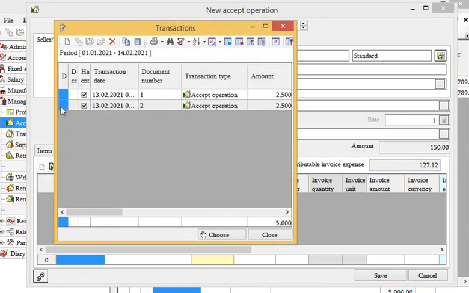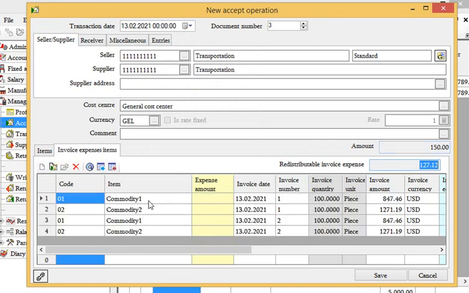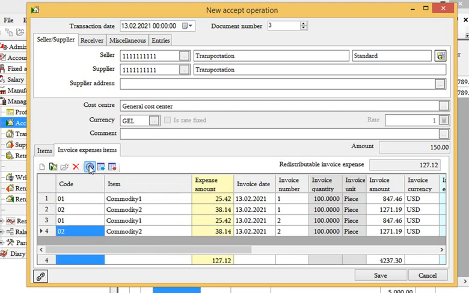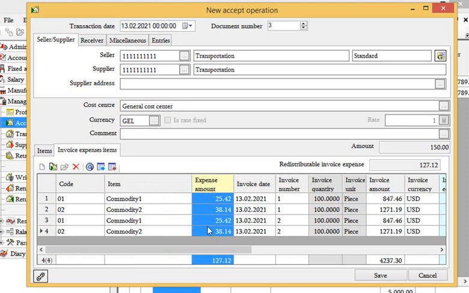And now let's add accept operations we've performed recently. Select these records and you can see a list of items, but this field expense amount is empty until we press this button, share expenses by invoice equivalent field value. You can also specify amounts here in this field manually, but the sum of these amounts should be equal to the invoice expense